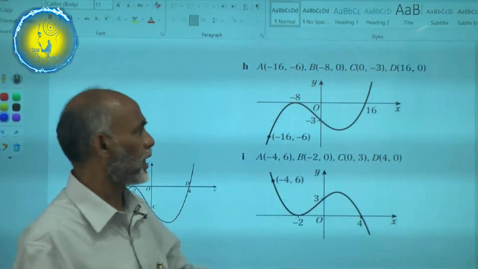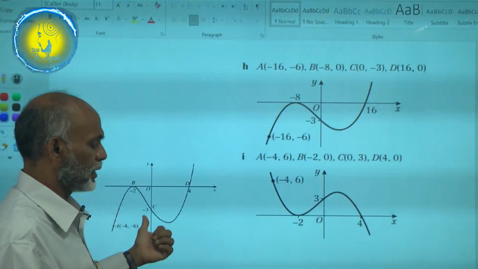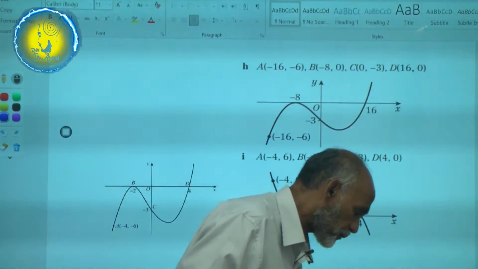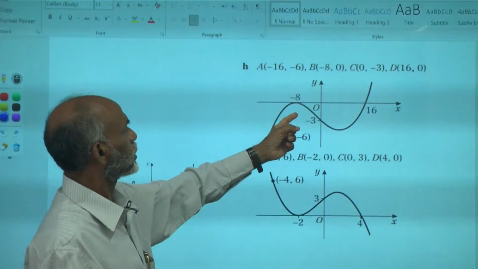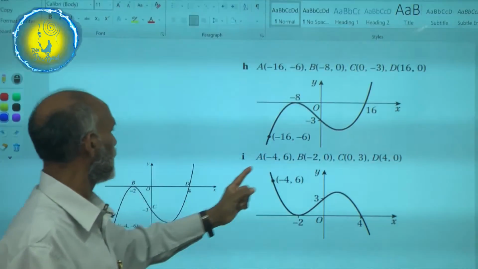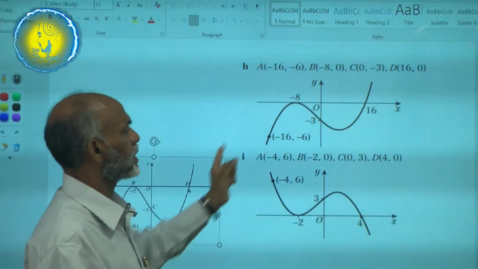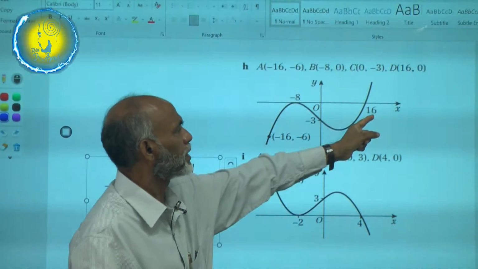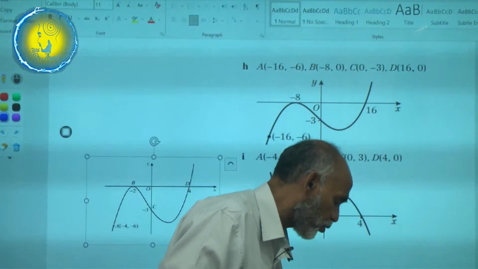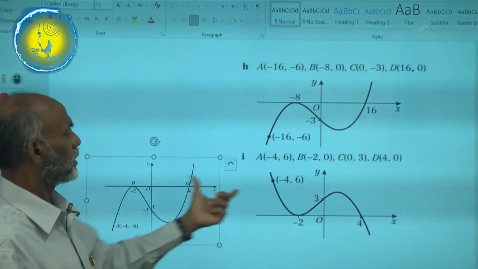In the case of H and I examples, this is the original curve. So what we are doing in H, we are multiplying 1/4 inside. 1/4 of the function we are multiplying inside. Once you multiply 1/4 of this, 4 into 4 becomes 16. So you are stretched by 16 units. And I, we are doing, it's just a transformation of multiplying with -1.